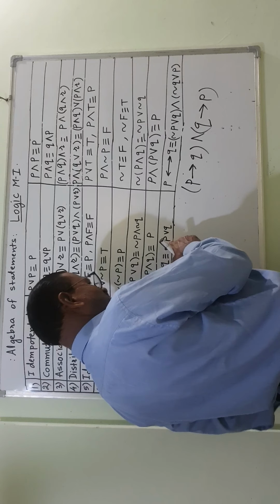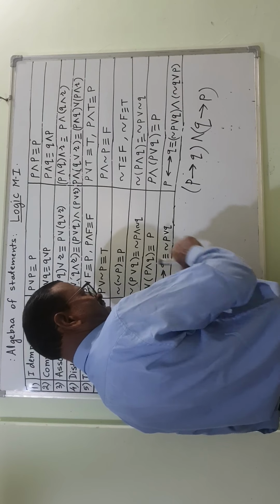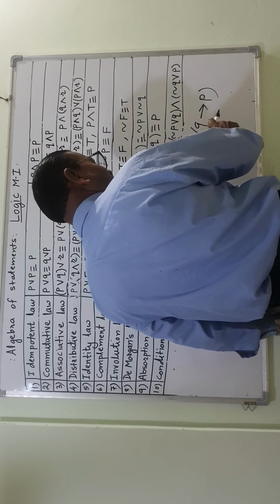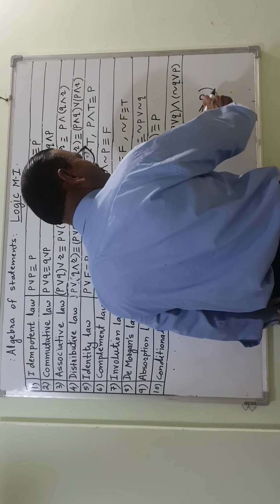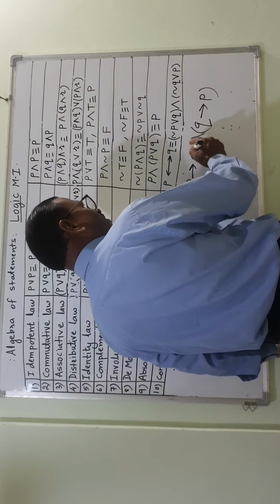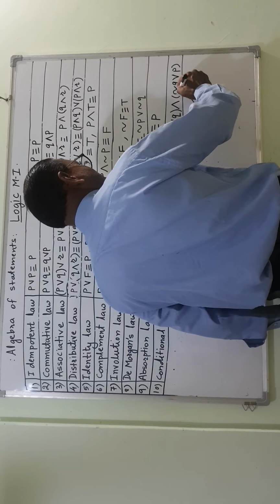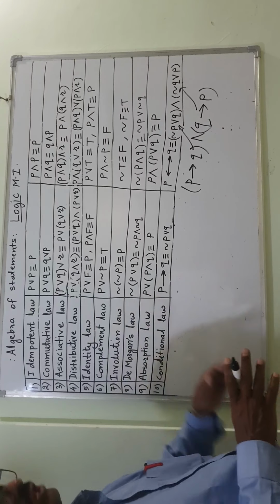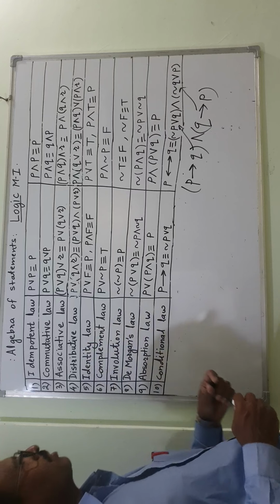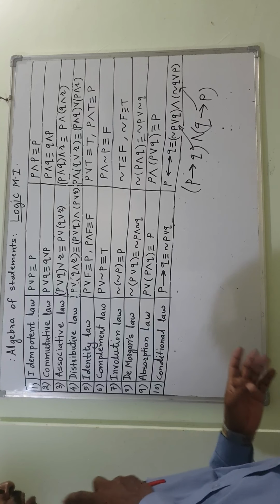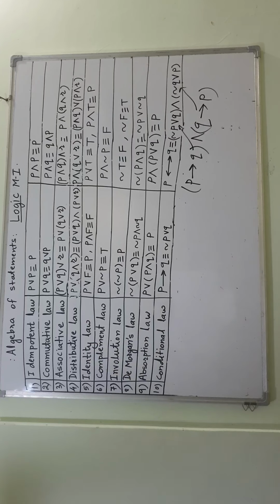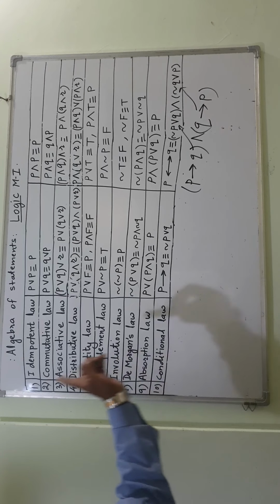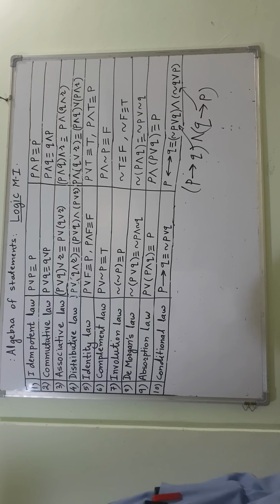Negation P means first P, make it negation, or Q. In this, first make the negation of this, or P. So for this bracket, for this bracket. This way you have to remember all these laws. I know that in the explanation of these laws I have taken a lot of time, but this is a very important topic. Otherwise the other questions which are coming on the basis of this will be very, very difficult. So try to solve it.